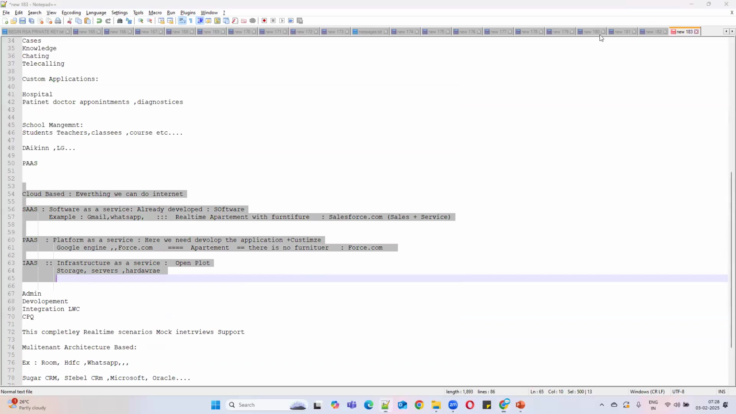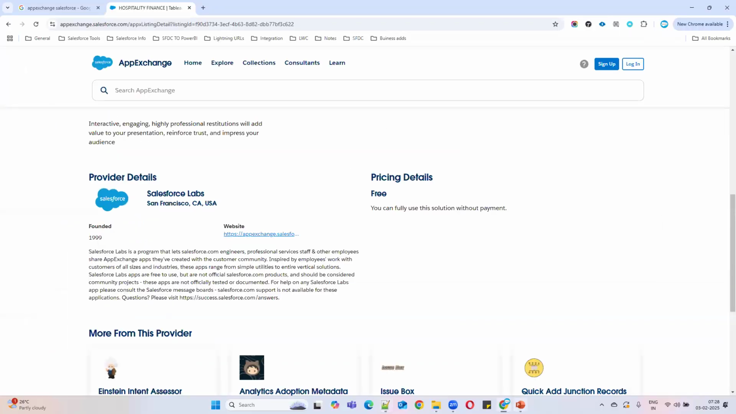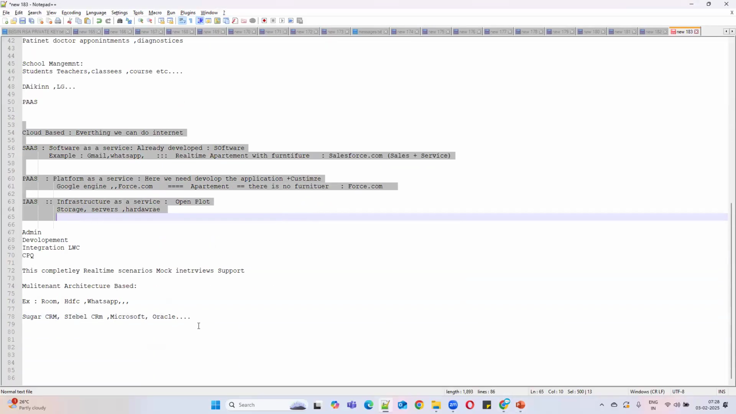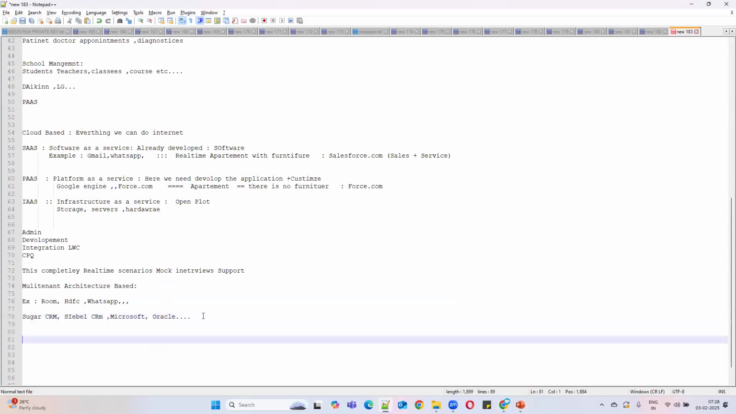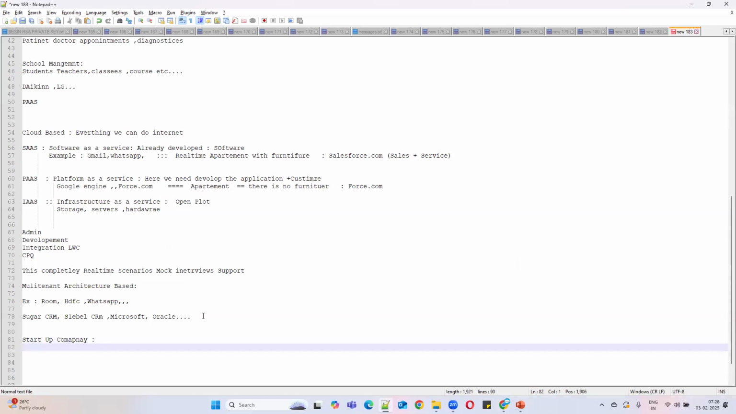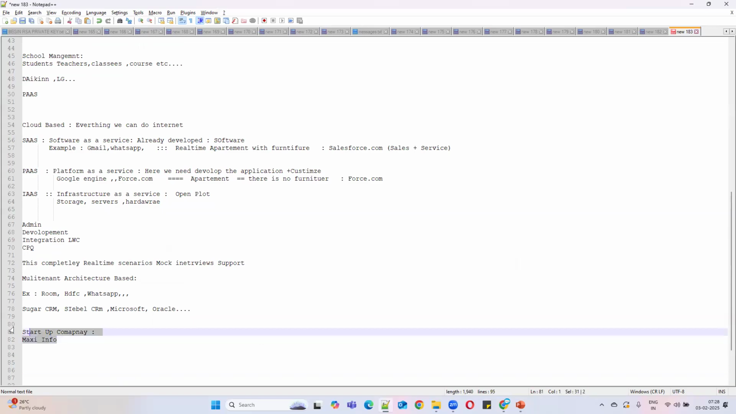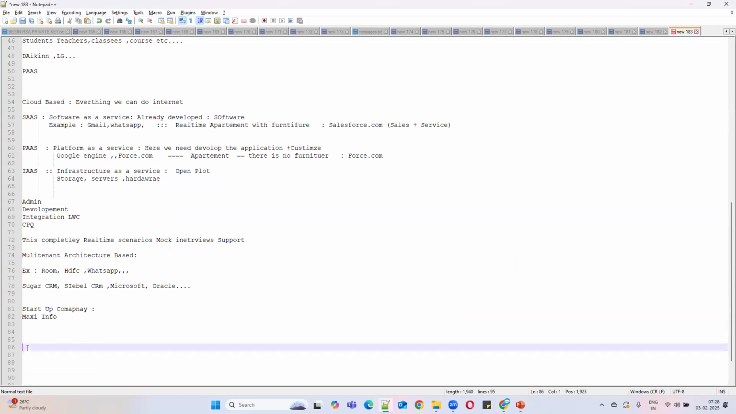And apart from that, Salesforce has something called the editions concept. Okay. What are editions? For example, if you take a startup company, the example I'll give for a startup company is Max Info. Okay. So most people don't know about this company. It just started. Okay. If you take a mid-level company,